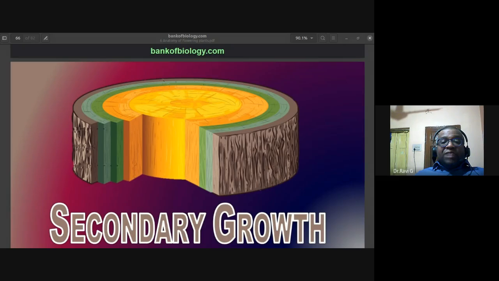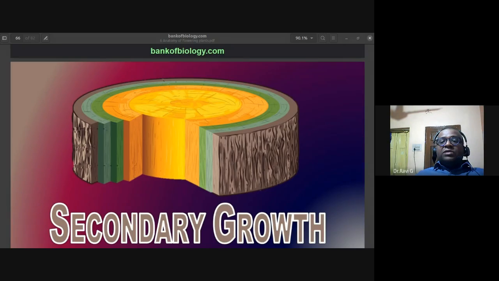And even in this wood, you can see there is a heartwood. At the center it would be darker in color, which we call heartwood. The periphery would be lighter in color, which we call sapwood. Heartwood is also called duramen. The sapwood, which is softer in nature and lighter in color, we call alburnum. So you can differentiate sapwood and heartwood. Later, after the completion of the secondary growth, I'll be discussing the concepts of annual ring, heartwood and sapwood again.